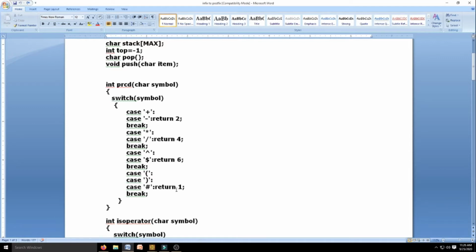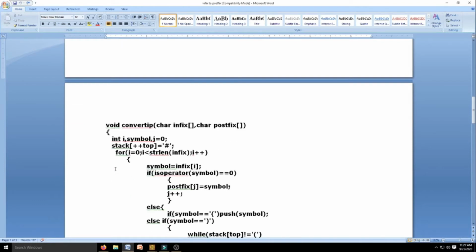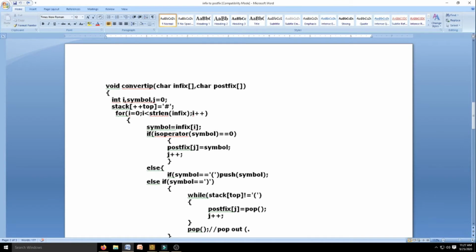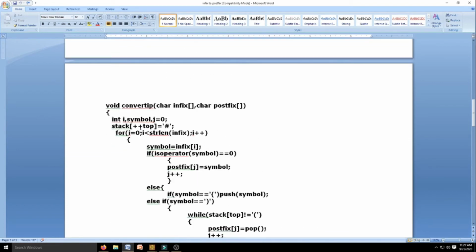So when an input character is given to you, if it is an operator, what is its precedence? That is to be decided. So this particular program will be shown to do that. And since I am using a stack, it should have push and pop operations. So one small subroutine for the push operation, another subroutine for the pop operation. And the main logic is shown in a small subroutine called convert IP, and I am going with the main function. Okay, let us begin with how the program will be written.